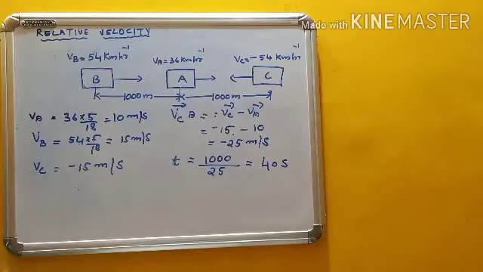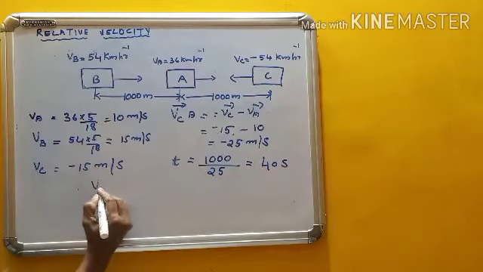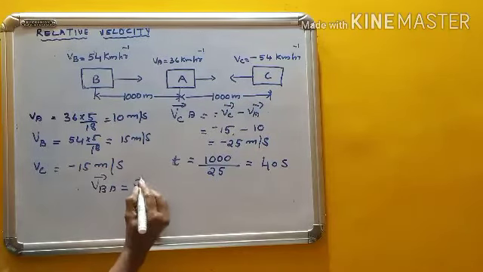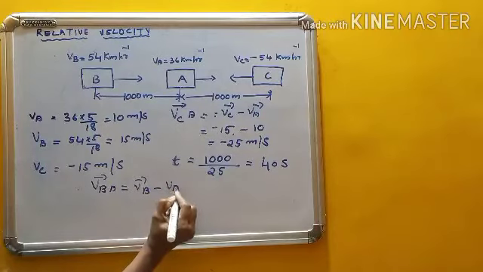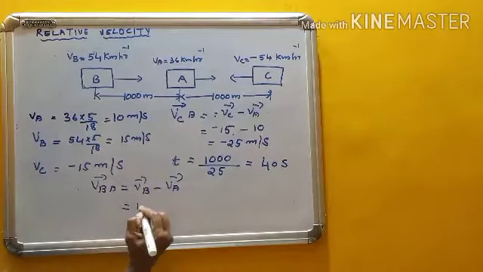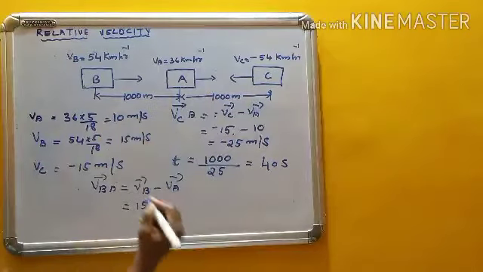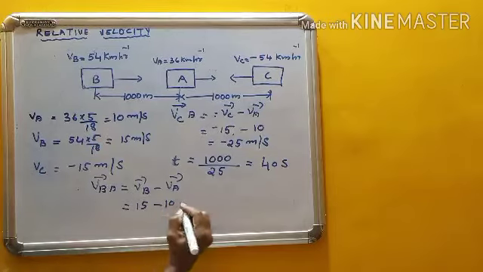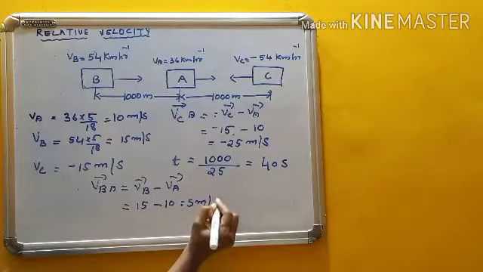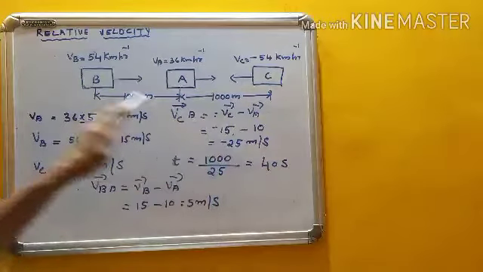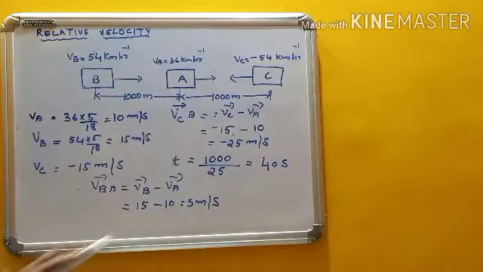So some acceleration is required. Why is acceleration required? Let us see. Let's find out the velocity of the car B with respect to A. Vector VBA means vector VB minus vector VA. And what is VB? VB is plus 15, minus VA is 10. So 15 minus 10, that is only 5 meter per second. Okay. So where VCA was 25, VBA is only 5 meter per second.